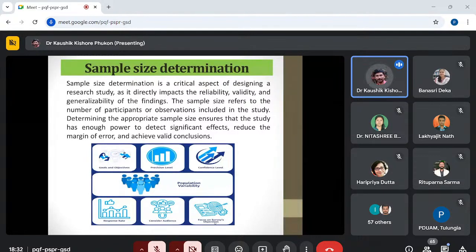A few things here you should know, like simple things like type 1 error, type 2 error, etc. If you have studied some statistics before, you can definitely recall. Type 1 error is rejecting the null hypothesis when it is true. Type 2 error is accepting the null hypothesis when it is false. These things will come here.